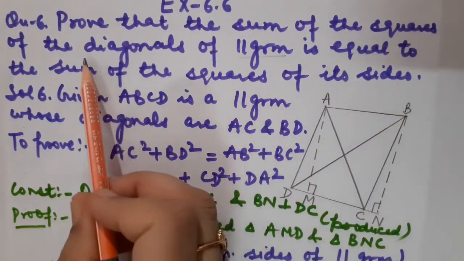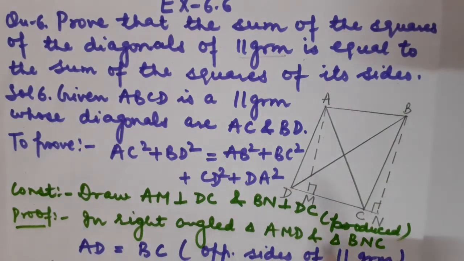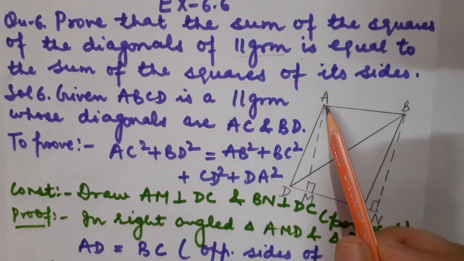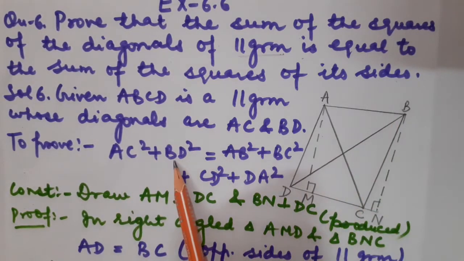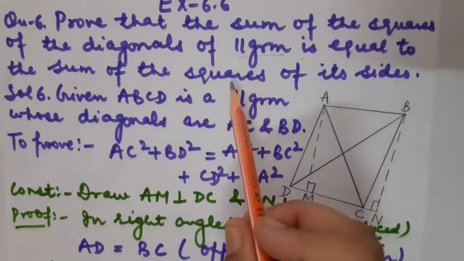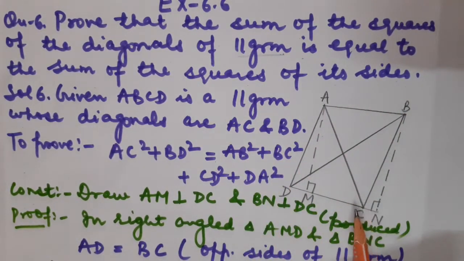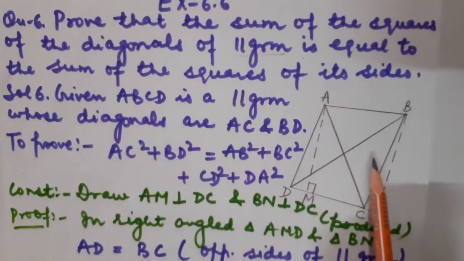We have to prove that the squares of the diagonals of a parallelogram, where the diagonals are AC and BD, we will have to take the individual squares of AC as well as BD. So it would become AC square plus BD square is equal to the sum of the squares of its sides. You know, in a parallelogram there are 4 sides. So let us take the sum of the squares of all 4 sides of the parallelogram, that is AB square plus BC square plus CD square plus DA square. Got it? Okay. Now, this was all about explaining the statement using the diagram.